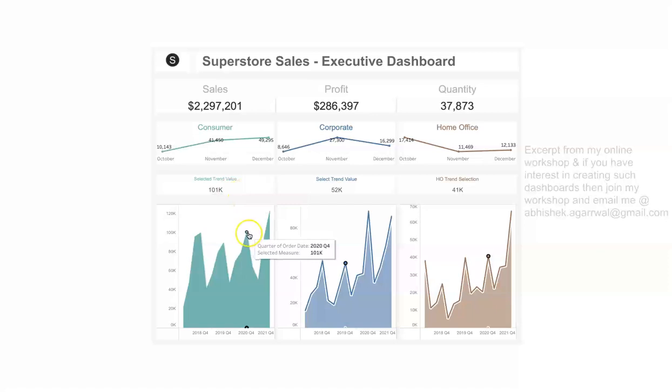So you have this Q4 information, and over here, this is Q4, but if you select this point, let's say, it becomes Q3 information. But if you select both of these points, this value adds up. So this is 101K, this is 79K, for these 2 quarters, and this is the breakdown of these values. So this is another thing which I will show you, how you can add up the values, how you can